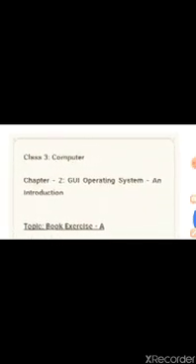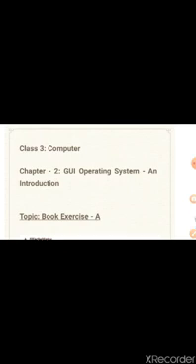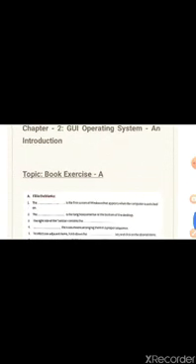I hope you have understood this chapter well, and I would want you to read this chapter again and again to get familiarized with the words used in this chapter, because many terms used in this chapter are very new for you. So you have to keep reading it, get used to these words. So how can we get that? By reading the chapter. So you have to read it again and again. Now let's do this exercise given in your book as book exercise A.